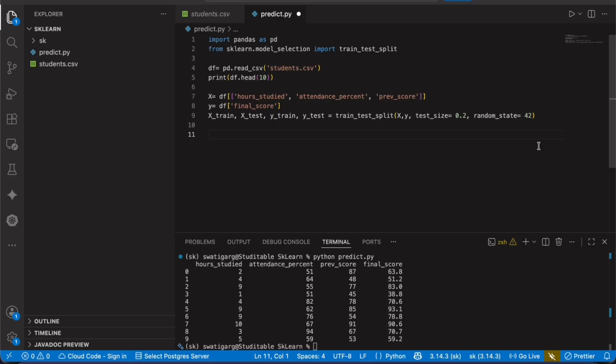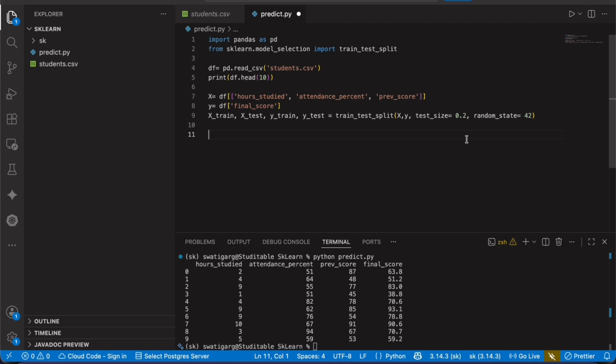And random state is 42. That means when the data set is split, it needs a fixed point from which it can split. 42 is a common number, and you can change it. But if you do not mention random state, then the splitting will happen randomly, so every time you test, the output may be different.